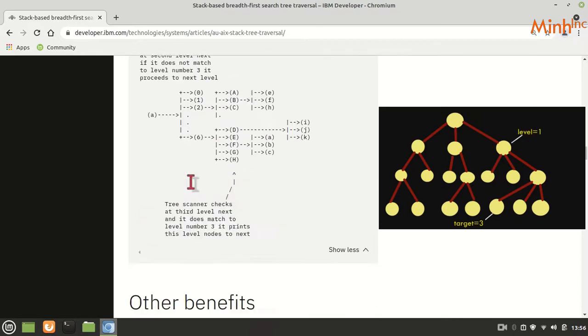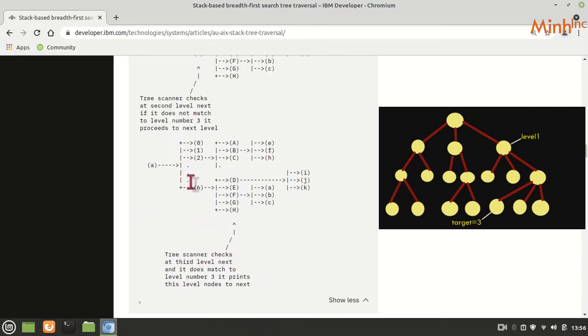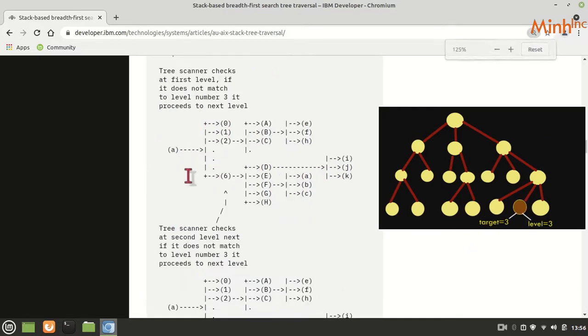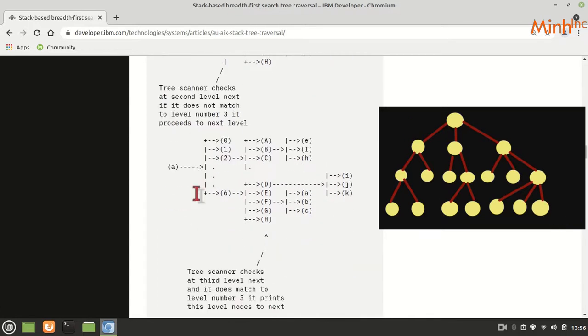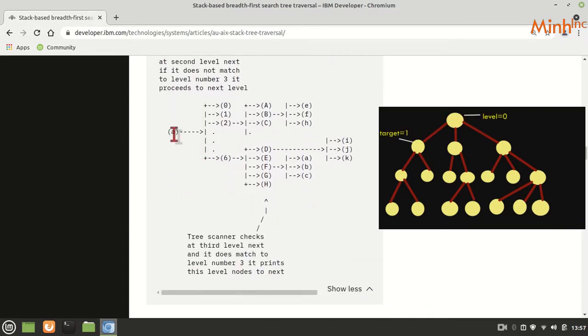Now we will enter the tree again with a target that I have to print all the nodes at level 2. We will enter at A, the root. This is level 0. We will go to the first child, that is level 1. I want level 2, so we go to the next level, that is level 2. I will print that node. Come back to parent, go to another child, print it. Come back to parent, go to another child, print it. This way we are printing all the nodes at level 2 which are children of 0.